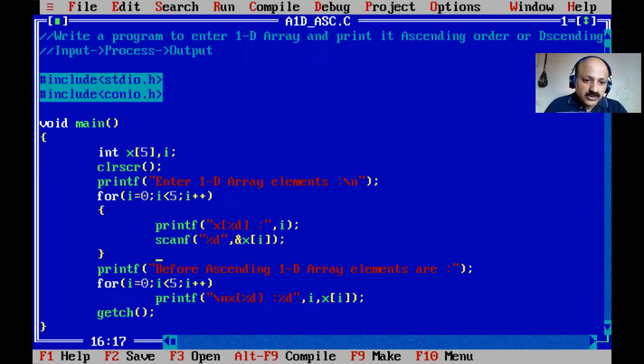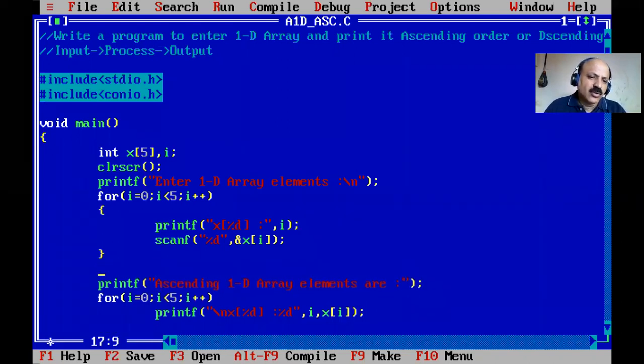Before and after, if you do not print like here, we cannot know our elements. So I just remove the ascending order, and here I give the logic. We can directly take, not before and after, because it is not swapping. In swapping that is perfect, but here it is ascending and descending.